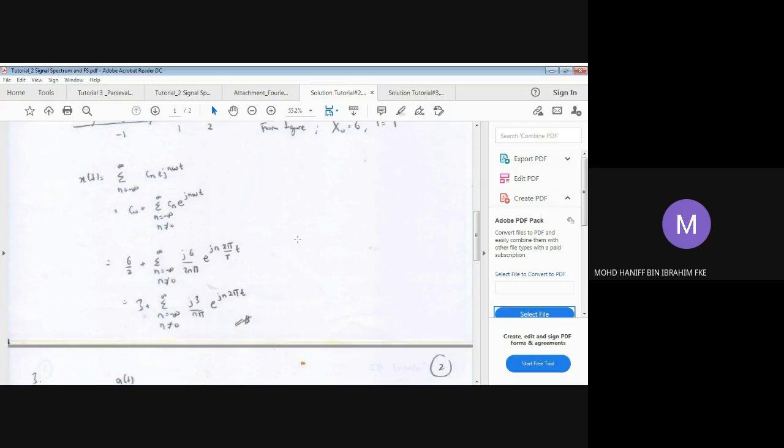Straightforward, basically. As I mentioned in class, you have to know how to extract the Fourier coefficients from table B3. Okay. Right. So I think that you understand now, hopefully. For question 3, it should be similar to question 2, so I won't be explaining question 3. Maybe you can learn this on your own later on. But I have not done a solution for question 4,